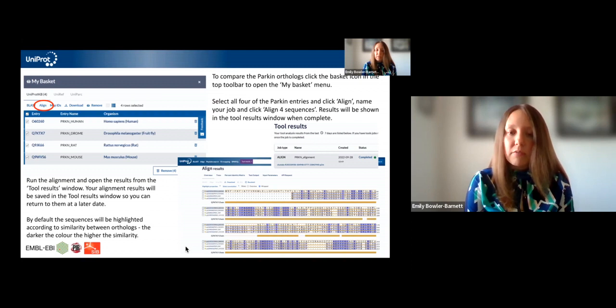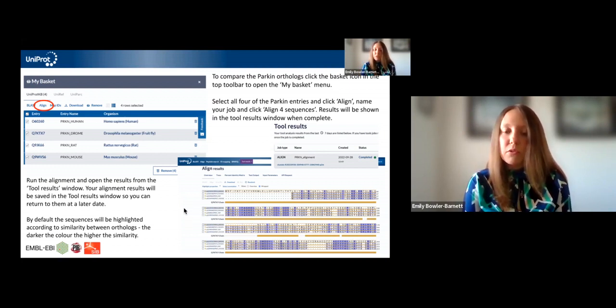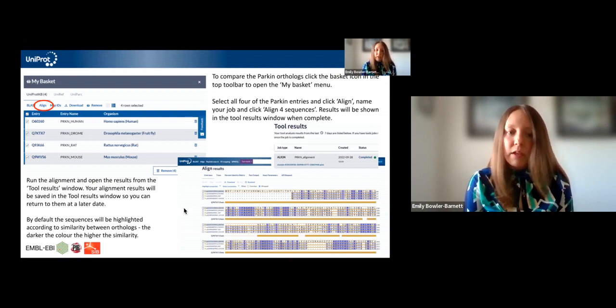So you can see on the second row here, there's a little run of a few amino acids that are dark purple because they're the same in all the orthologs. The slightly paler purple is where it's conserved across the majority of the orthologs, and it's white where those residues aren't conserved. If there are sections of sequences that are missing from orthologs, you'll see it highlighted with a dash